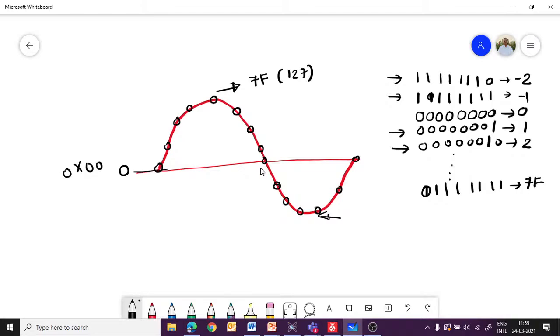What will be the highest negative number here? It would be like this: 1 0 0 0 0 0 0 0. So this will be the highest negative number, -128, or in hexadecimal, 0x80. So this hexadecimal value is 0x80, and in decimal we can write it as -128.